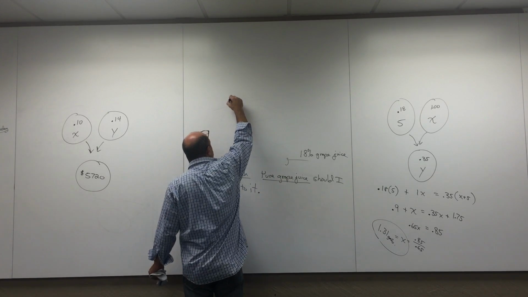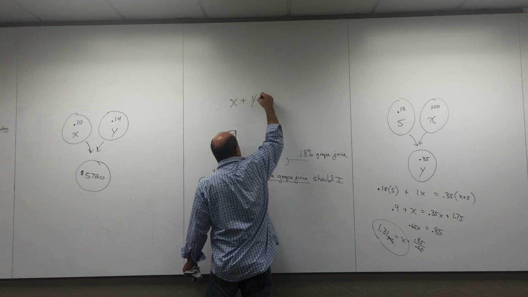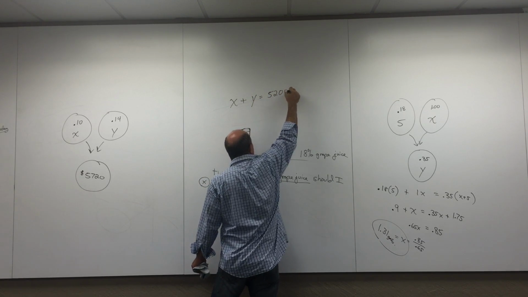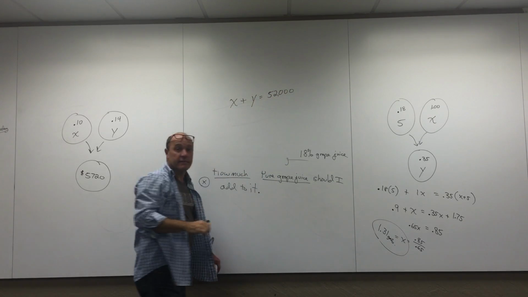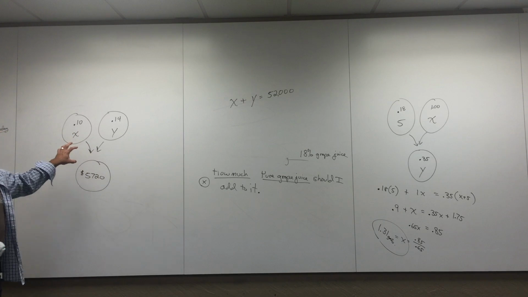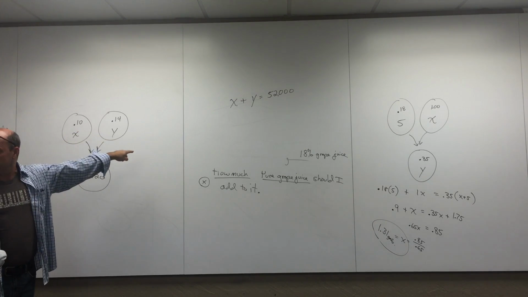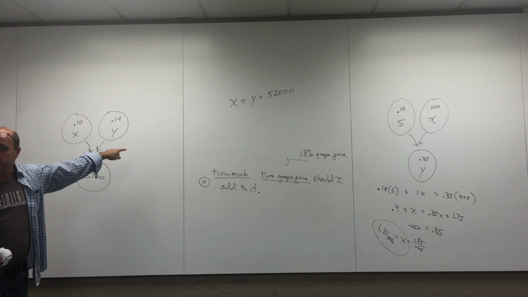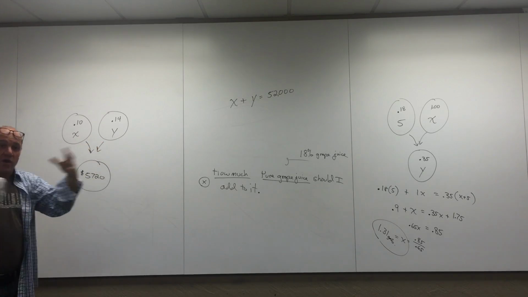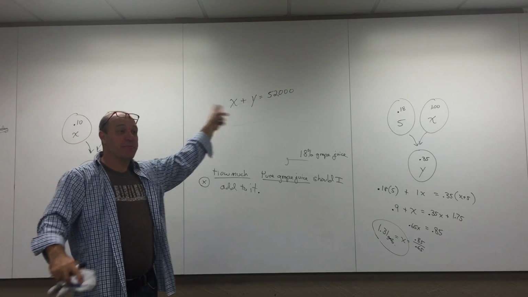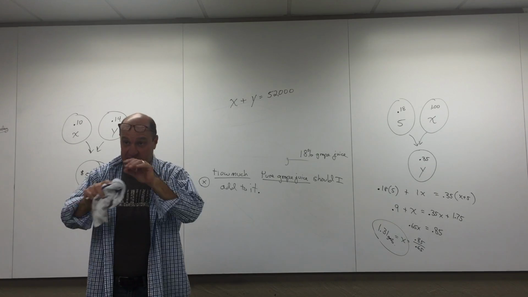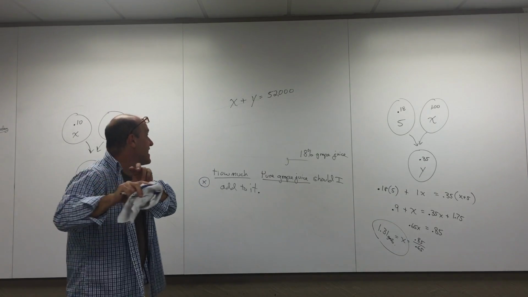What do I want to write? X plus Y is 52,000. Yes. So there's her total money. She's putting some of her $52,000 in there. So there's one fact. All her money adds up to $52,000. That's a fact. That's a statement. That's a sentence. That's an equation